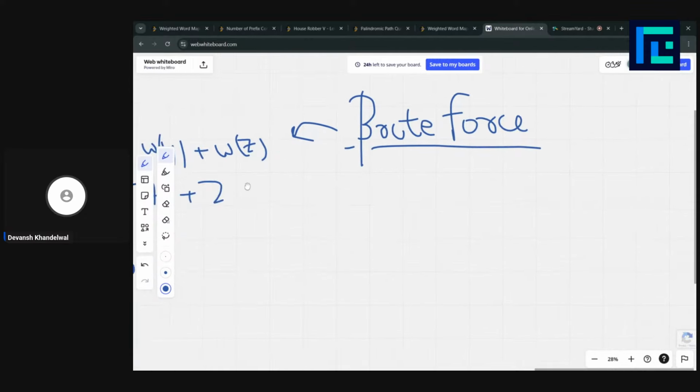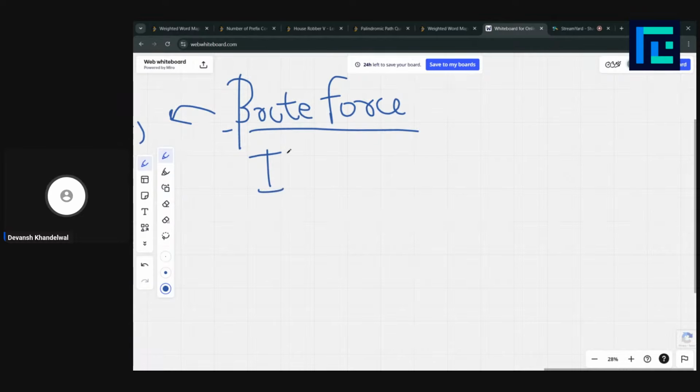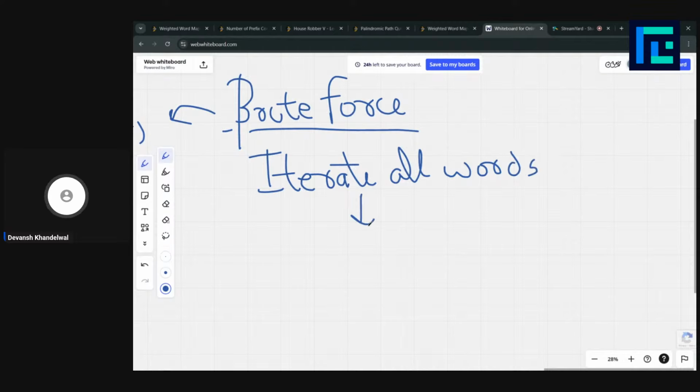That's already given. So basically, iterate all words, and then calculate the sum.